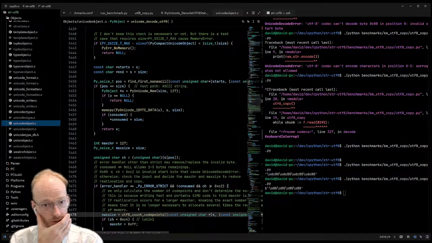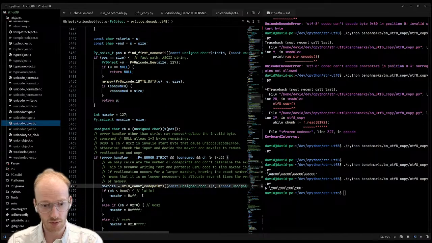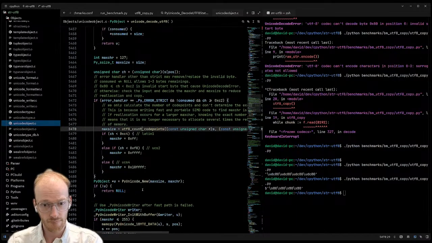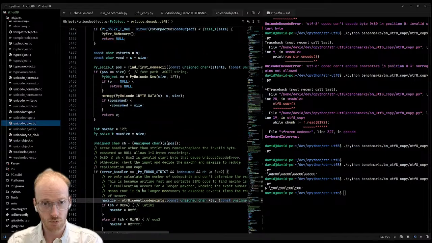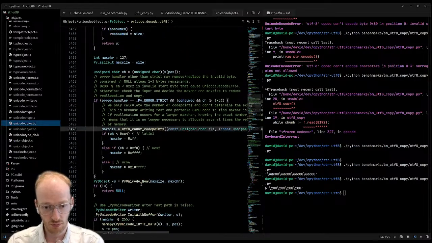Well, but the error handler might mutate the storage, right? Oh, right, yeah. So I don't think we can copy it. We need to run it through the error handler.